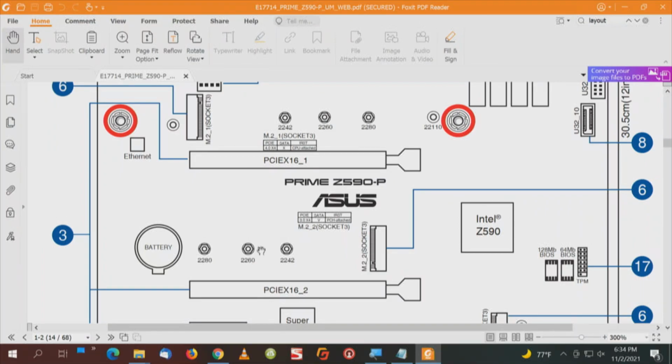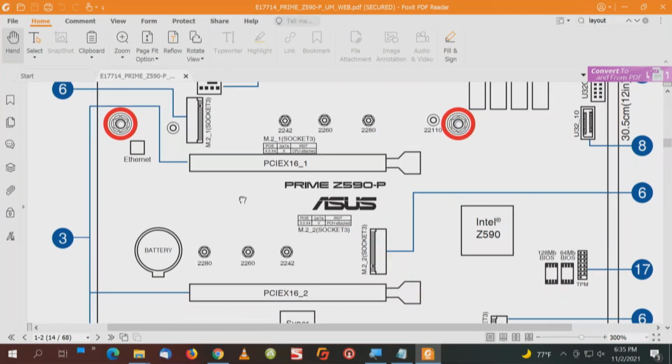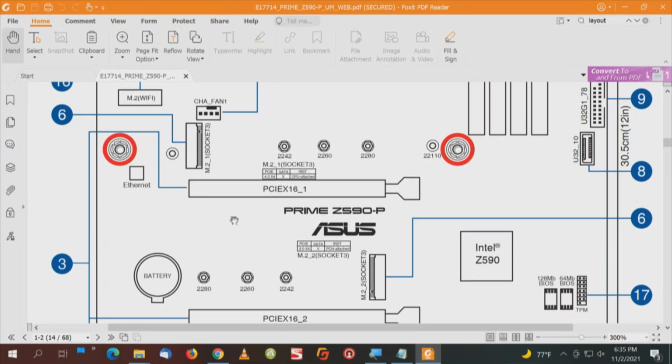All right, first issue, PCI Express lanes, 20 lanes. If we put a quad card in here, I'm going to show you some more information because we're going to go look at bifurcation and see how that works out. Because even though you have 20 lanes, when you put a card on here, let's take a look at that